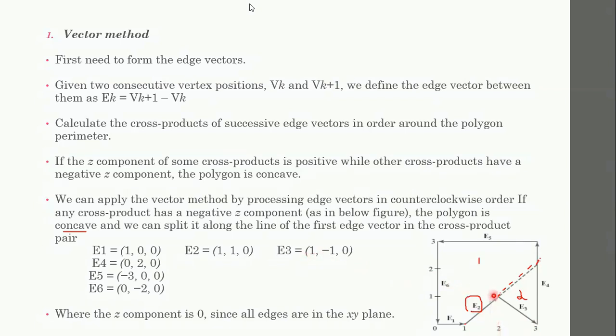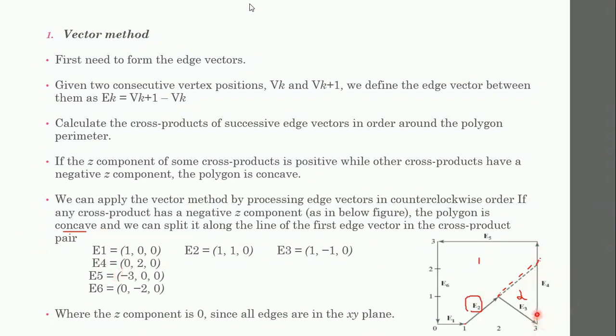But when you are moving in y direction, you are going in negative direction, is it? That is, the E3 edge is going in the negative y axis direction. So that's why we write it as -1, 0. Z is 0, however. And similarly E4, to write E4, how many units you have to pass in x direction? You remain in the same axis. Sorry, x axis you are not going to move, so that's why you write it as 0.